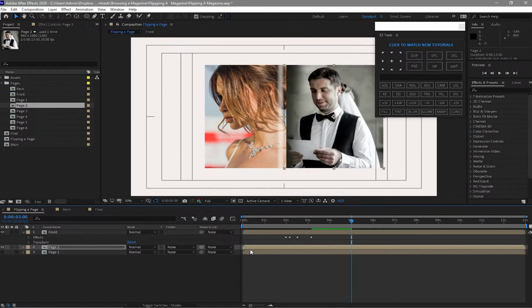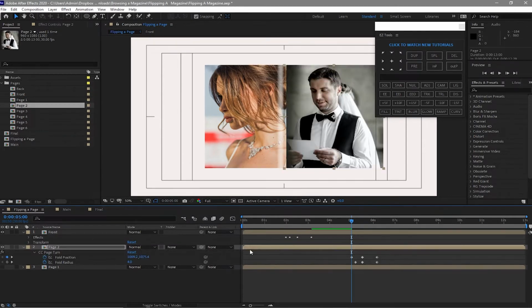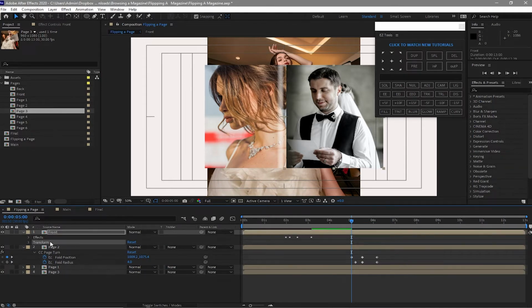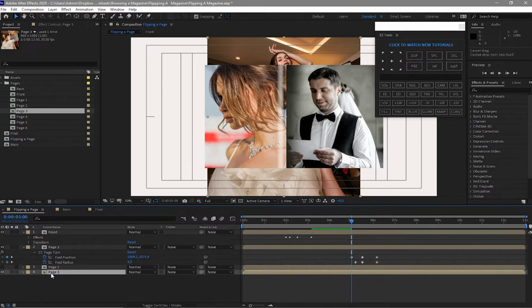So now when you press U, you will see that there are keyframes created in here. And I will also drag down the page 3. So this is the back page that you have. So all you have to do is to copy and paste the transform so that the scale is the same.